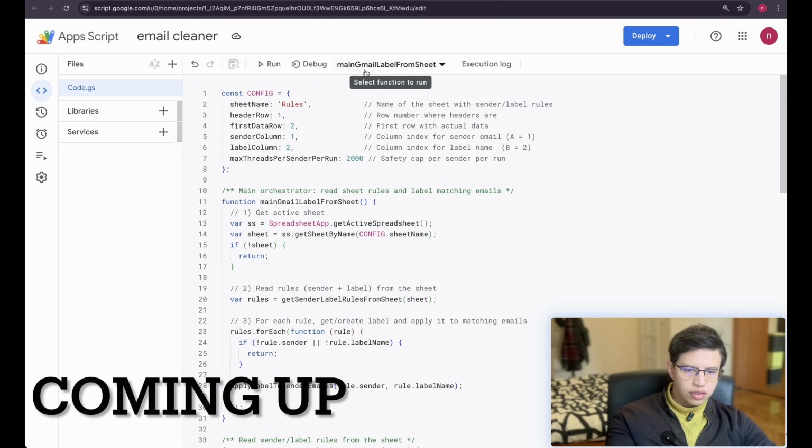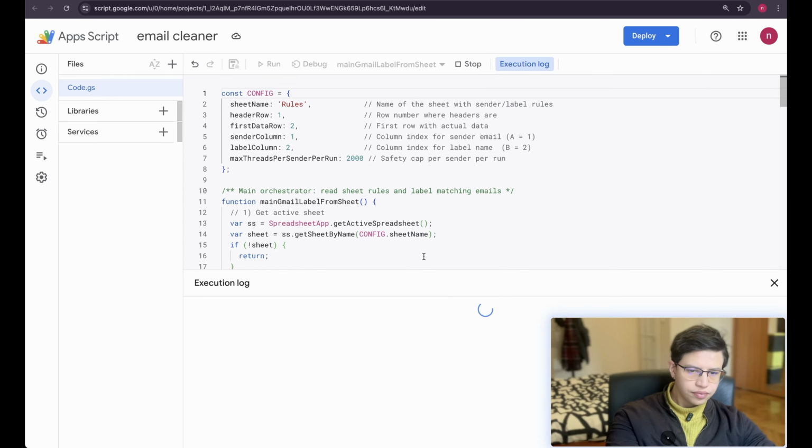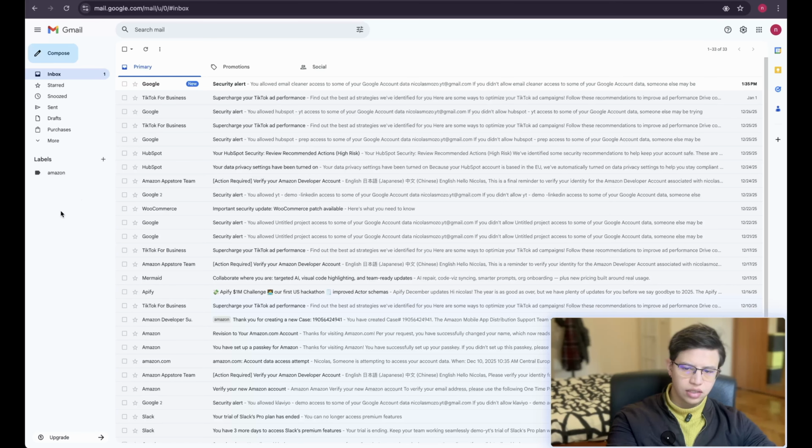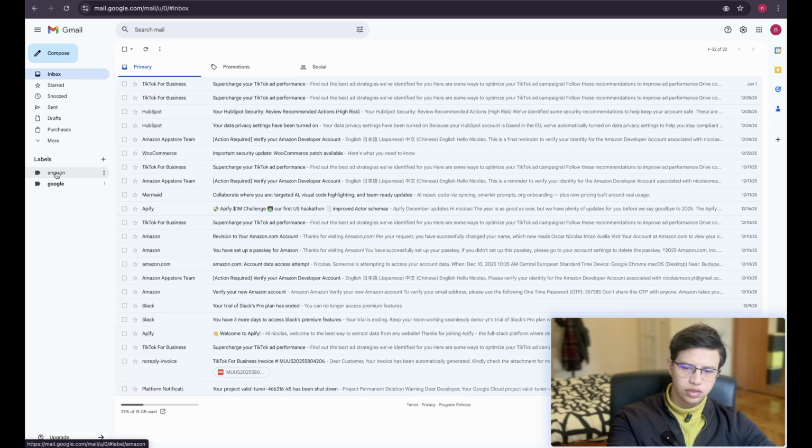So if we test it, right? Let's just save it first, and then you need to always run the main, and that's it, right? So let's wait a little bit, and voila, you can see here that I got another one, but you can see here that I got the labels,